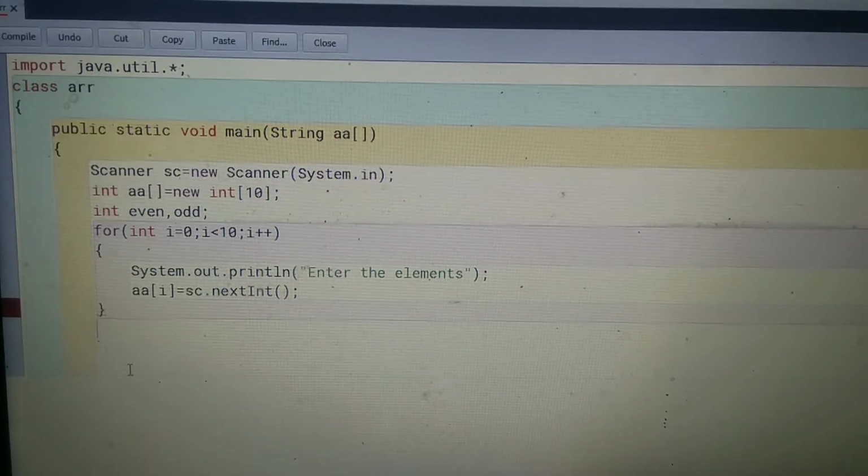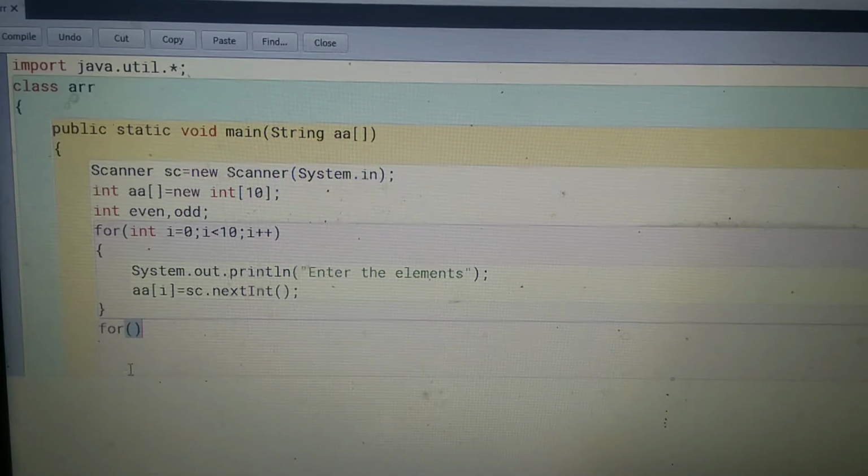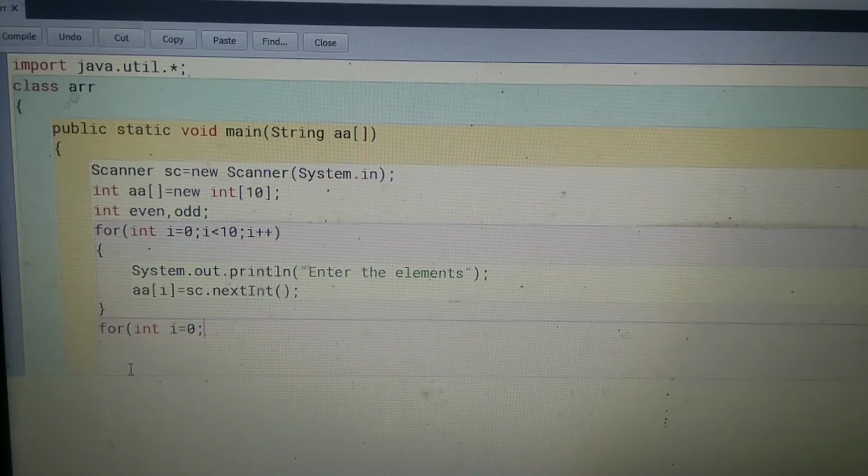After this I'm going to write one more for loop for calculation of even and odd numbers. So int i equals 0, i less than 10, and i plus plus.